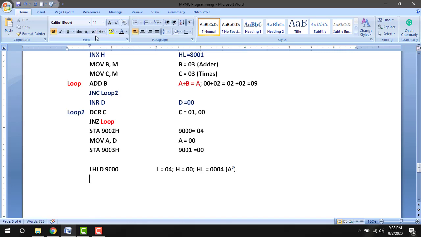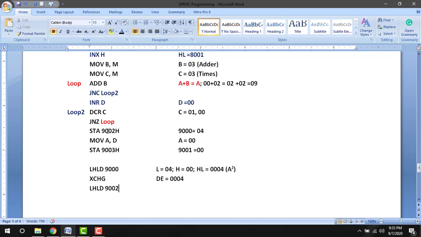So now I am going to exchange the data to DE pair. XCHG, exchange. So this makes DE pair 0004. A square is moved to DE pair because once again I am going to load the HL pair with the next data, LHLD 9002.